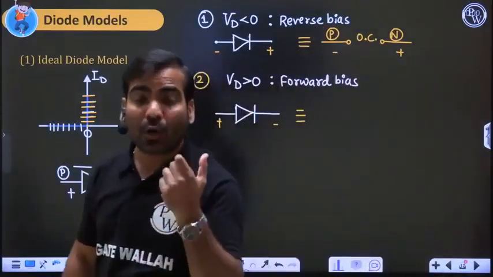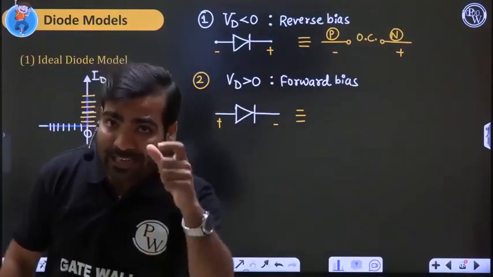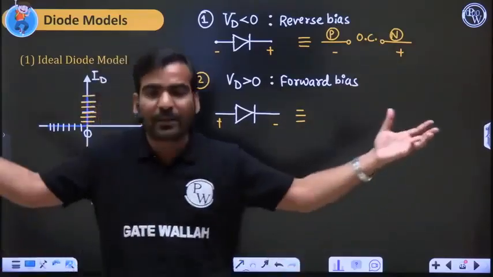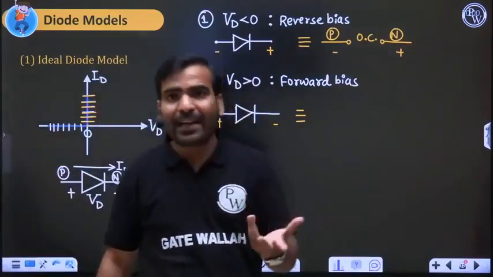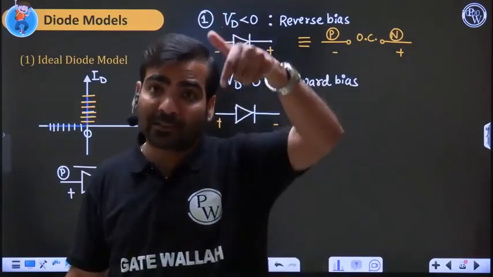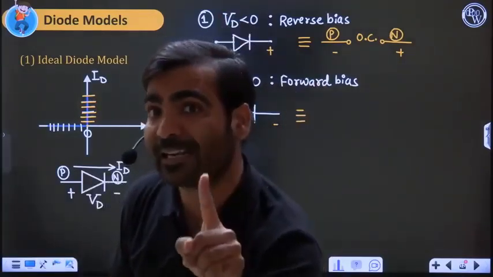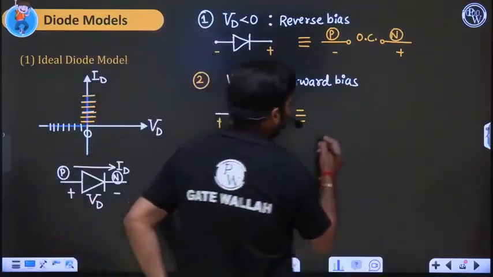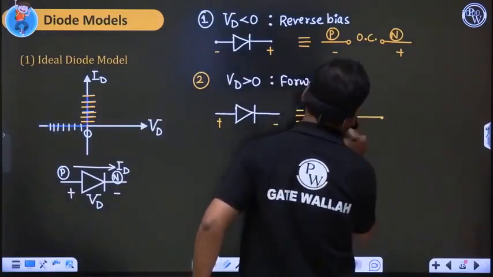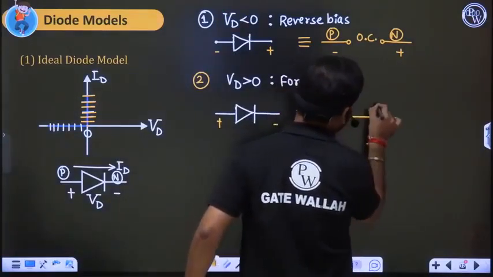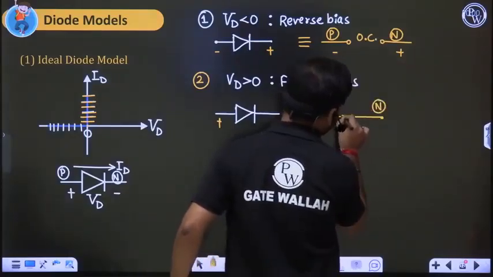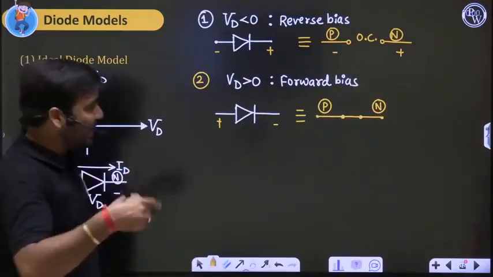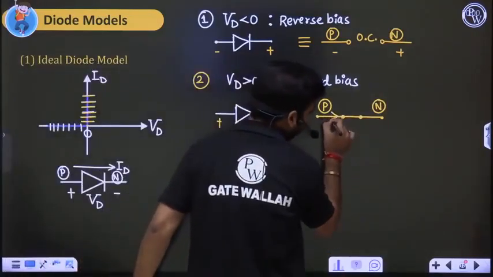Short circuit is the path in any network analysis. You can have any current. Suppose in network analysis you are solving 10 problems, you can have different answers of current across that short circuit, but one thing is constant: the voltage is zero all the time. Meaning the diode will be replaced by a short circuit between P and N. The voltage is approximately zero, but current can take any value, and the direction of current will be P to N.